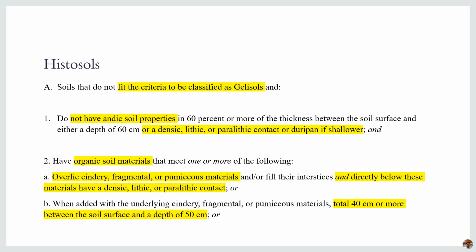So to be classified as a histosol, we cannot find a lot of these specific parent materials and minerals in the soils. Beyond that, to be classified as a histosol, these soils should present a high content